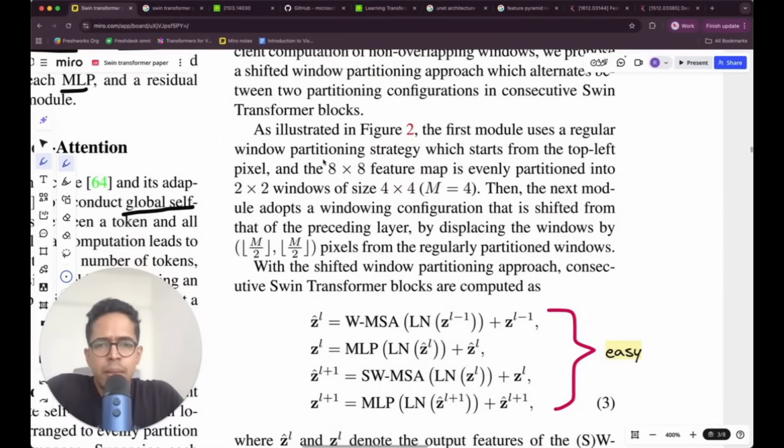I don't think they are mentioned. Maybe it is 8x8 pixels per patch. No, I don't think that's the case. I don't think they have mentioned here in this paragraph how many pixels make a patch. But anyways,